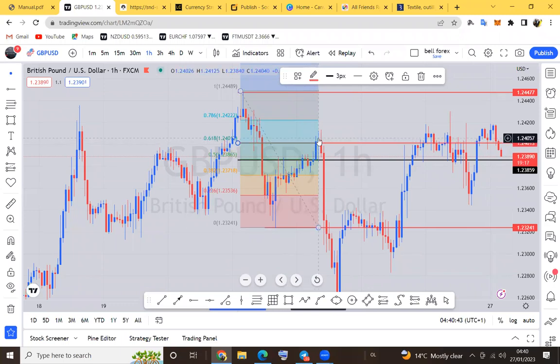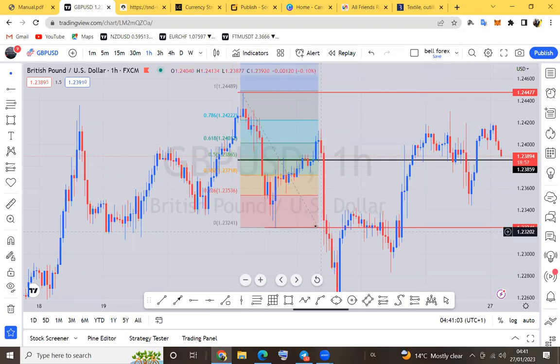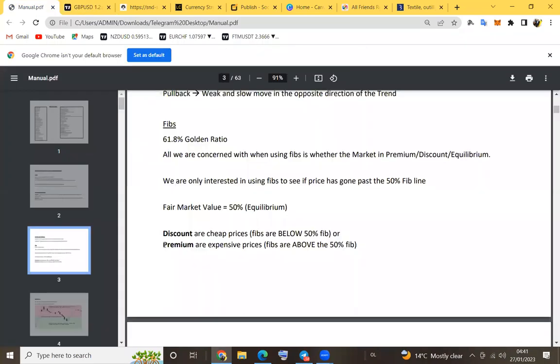So Fibonacci can give you a chance to filter out the type of opportunities that you will be taking in the Forex market. You will use Fibonacci anywhere. And I write here, listen very well to my write-up, I said we are only interested in using Fib to see if price has gone past the 50% level. If price has gone past the 50%,